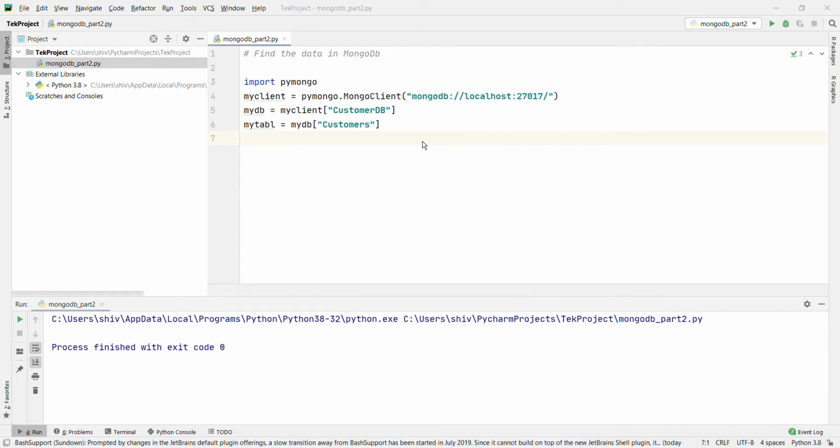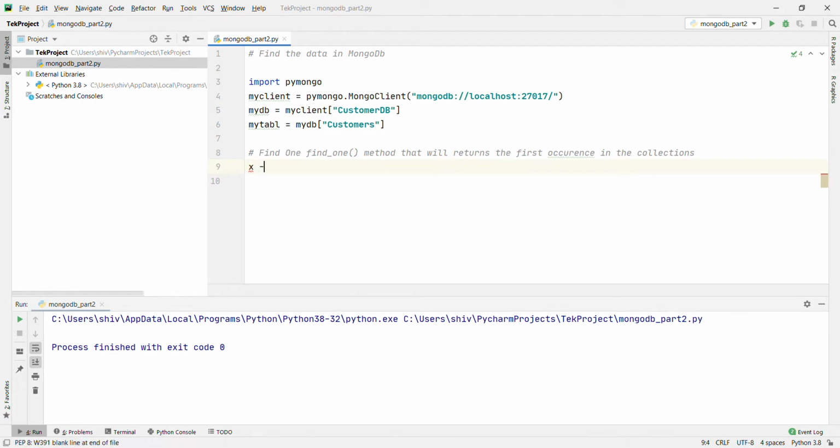First let's start with find_one. To select data from a collection in MongoDB, we use the find_one method. The find_one method returns the first occurrence in the selection, in the collection. x equal to mytable.find_one, and then we print x.